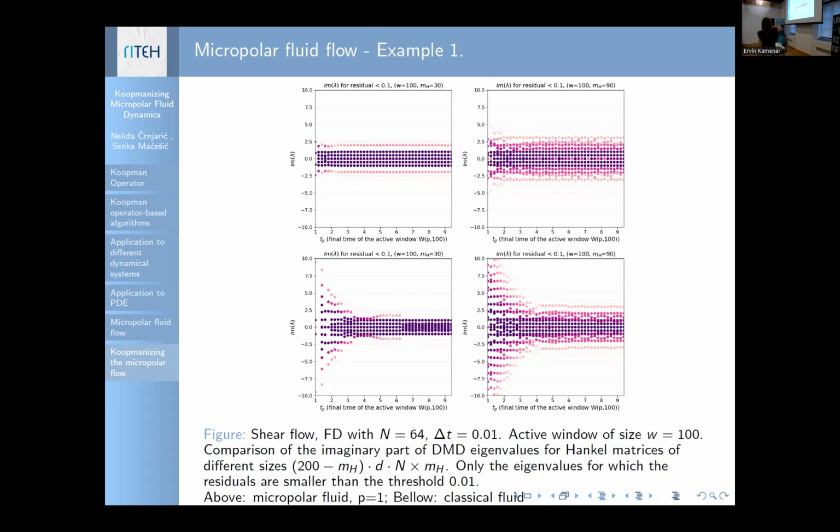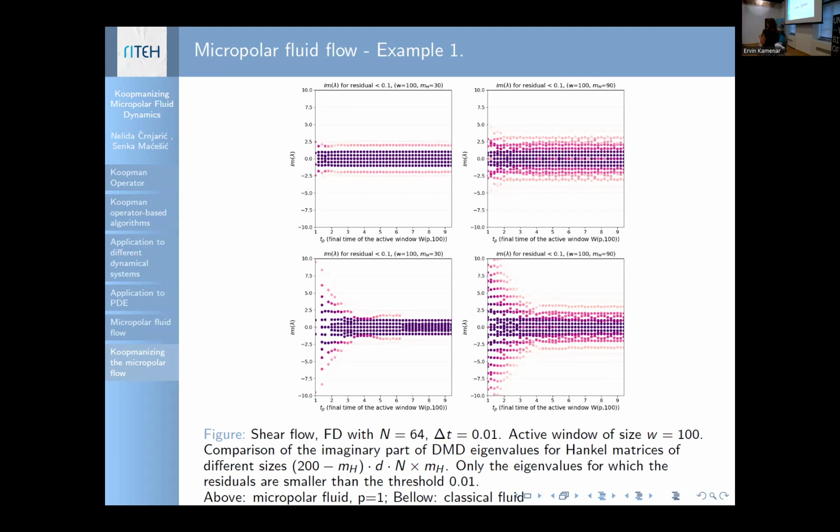So you can see for the micropolar case here on the left that they behave quite consistently and structured. For the classical case, which is here in the lower row, you can see at the beginning that some variation